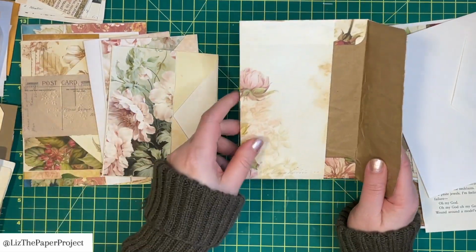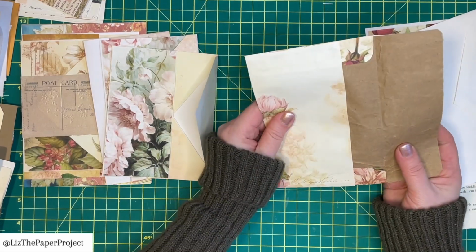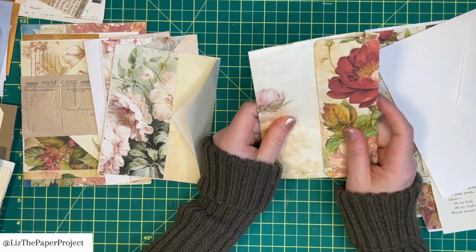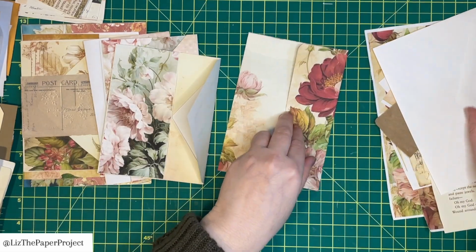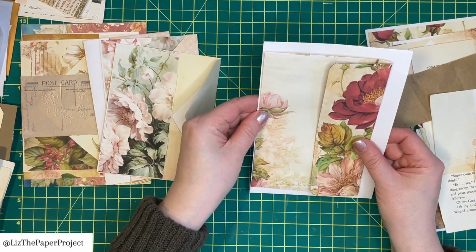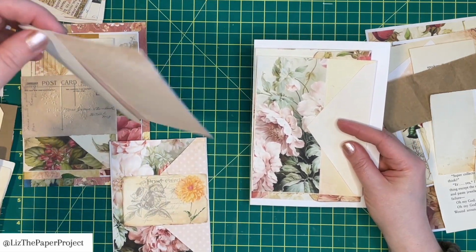But then I have the next envelope that I showed you that I had made. And what I did is I just used packaging to line it because I wanted it to be a little bit stronger. And of course, now it has the lovely sound. So I have those done. And then I'll go ahead and decorate or cover this last one, which will be the last one that we're going to use. So you can see now when I just stagger them together,